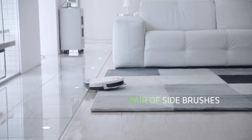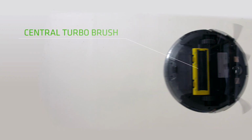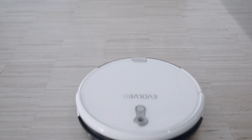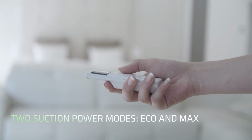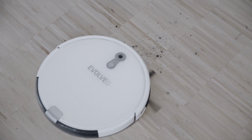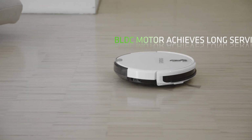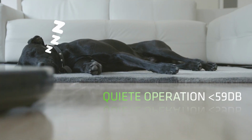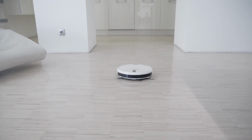The central turbo brush ensures deep carpet cleaning, and a pair of side brushes guarantee perfect cleaning at the corners. Standard suction mode can be switched to maximum power on the remote control to clean even heavily polluted areas even better. The mounted BLDC engine achieves long-lasting service life, higher reliability, quieter operation, and more economical operation than conventional motors